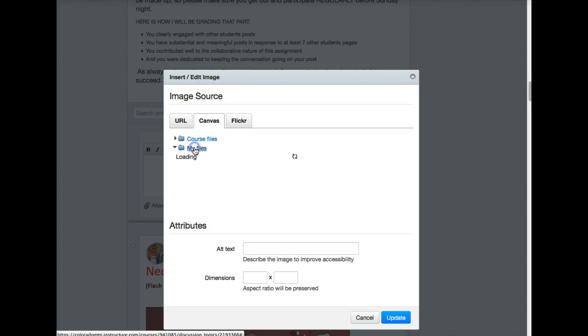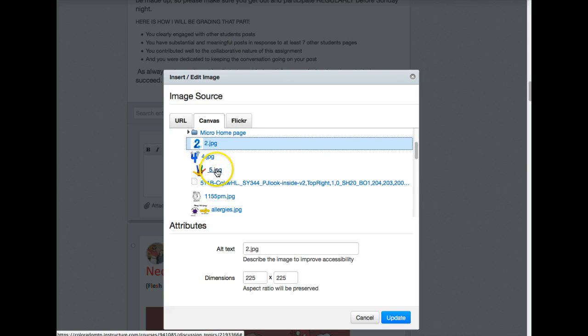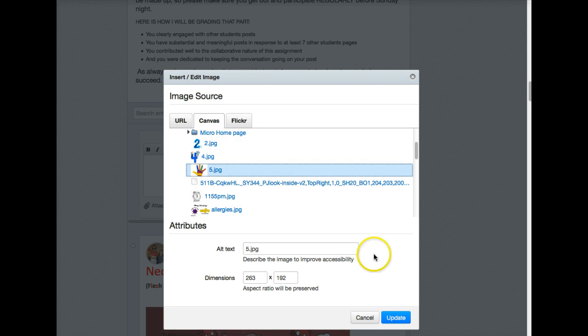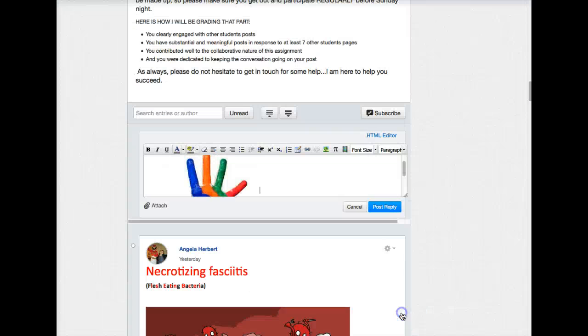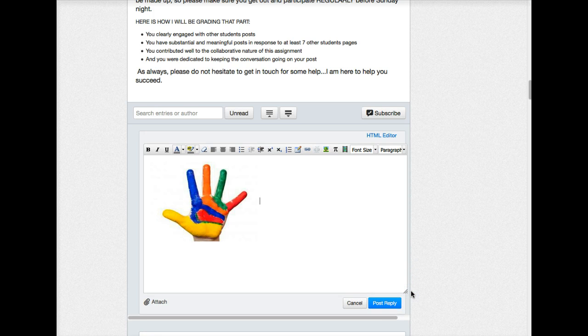So I can look in my course files under images, and I can see all of these images that I've added. I'm going to choose one of the images that I want and simply click on update. And now my image is inserted into the post. As soon as we save this and post the reply,